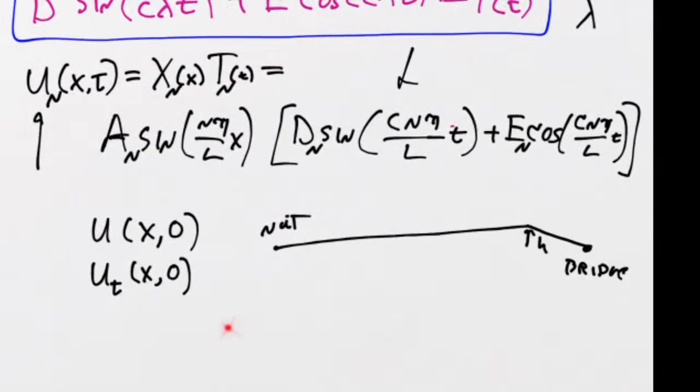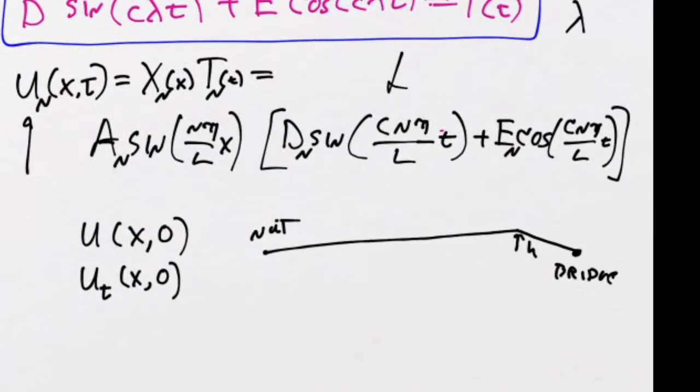But also, you're not throwing the string down. You just release it. It's motionless, and then you release it, and when you release it, it starts moving. So the initial velocity is going to be 0. The initial shape is going to be this thing, right? Good. So now, if the initial velocity is 0, let's look at our function